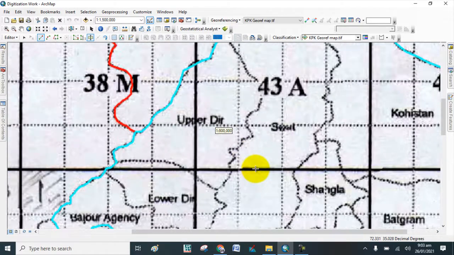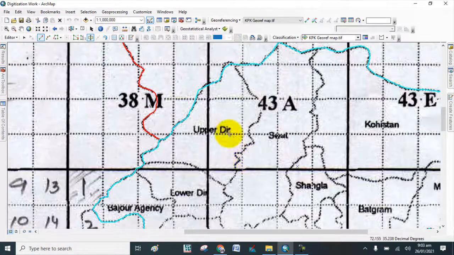First zoom the map and start digitization. I start from that point and digitize this district by following the path of the base map.